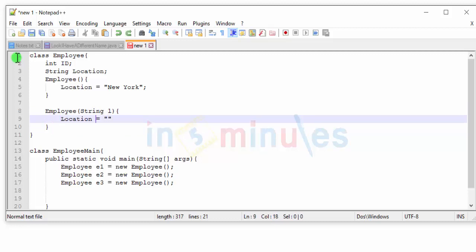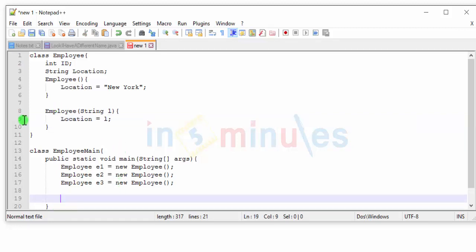So here I'll say location is equal to L. Now if I want to use this, I simply have to create employees. Employee E4 is equal to new Employee, and I want to call the parameterized constructor. So what I'll do over here is I'll add New Jersey.